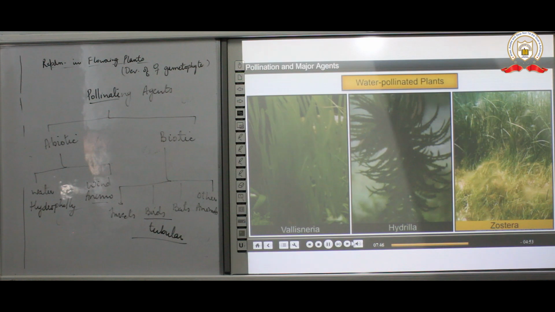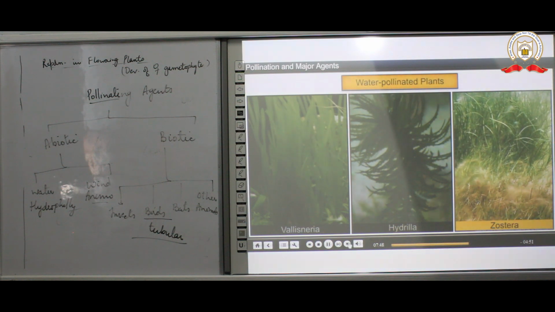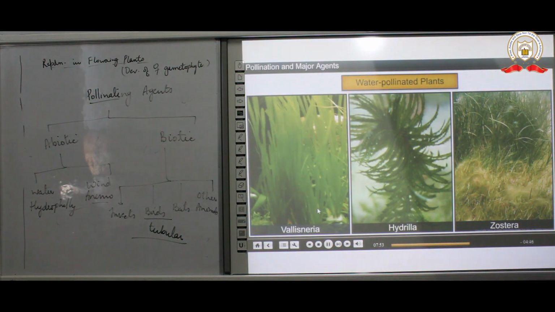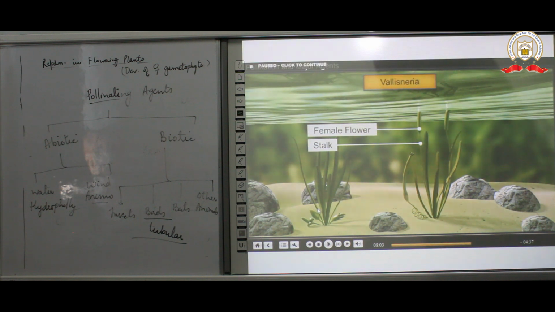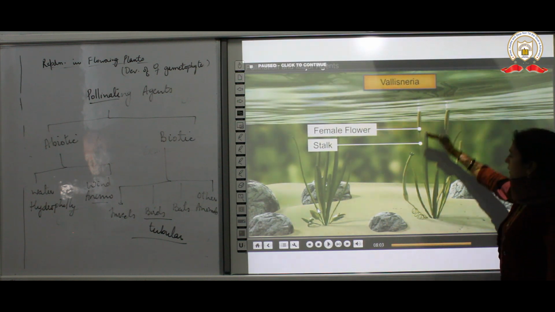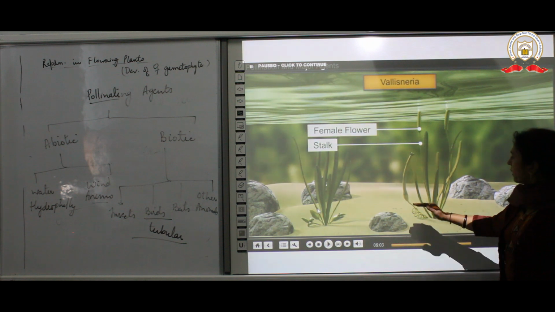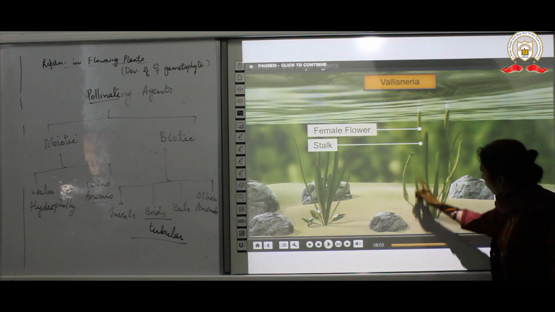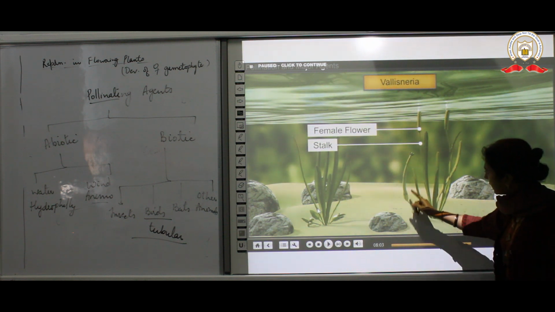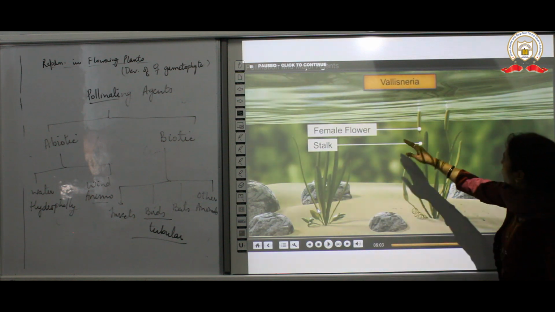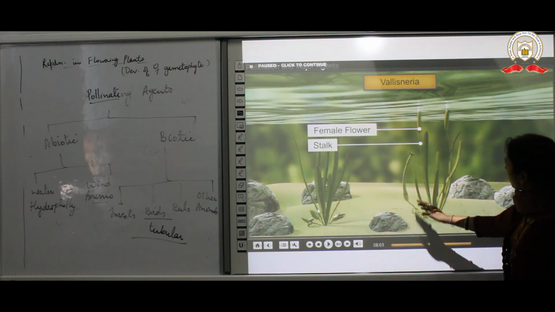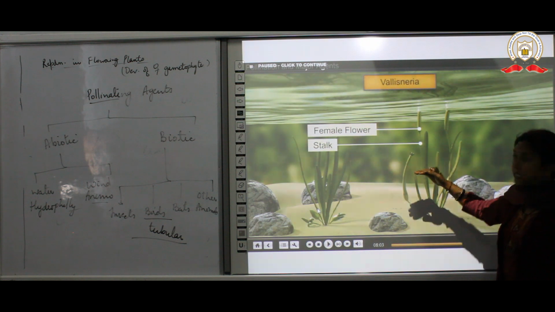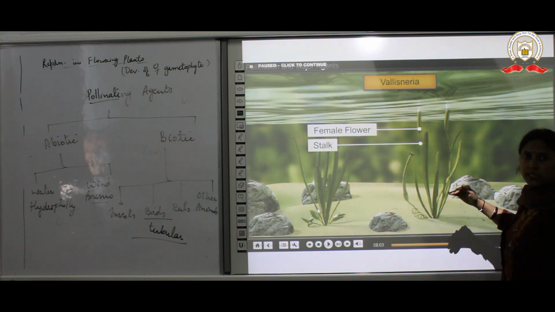Now, when we discuss a special type of pollination observed in the case of Vallisneria, the plant is submerged underwater. You can see the plants are coiled. You can see the flowers are coiled. Male and female flowers, you can see that these flowers are coiled, and since they are underwater, how do they ensure